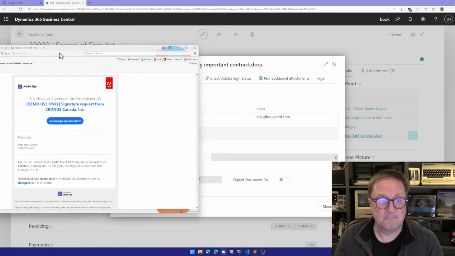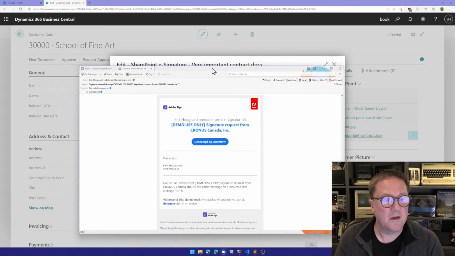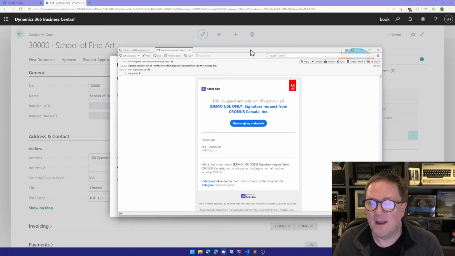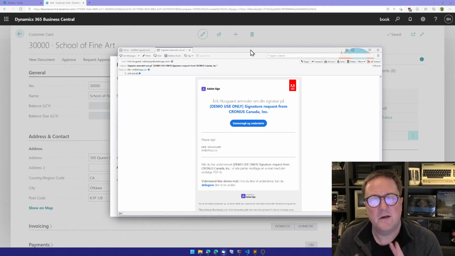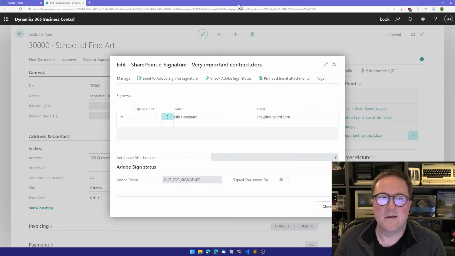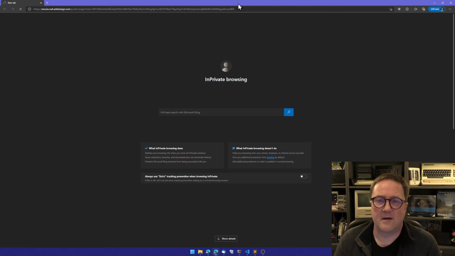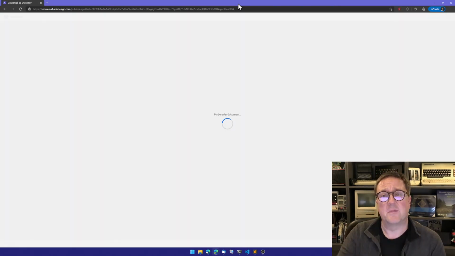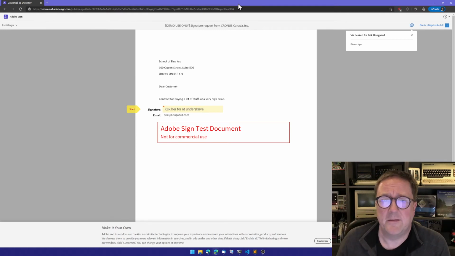Let's actually see if I can do this in a proper way here. I have a funky accent because I'm Danish, and Adobe is very convinced that I'm Danish, so it writes to me in Danish. Anyway, there is a link saying that I can sign this. So I will open the link from the email in a new browser. Normally I would just click in the email, but because I'm already logged into Adobe with a different account, yeah. Anyway,